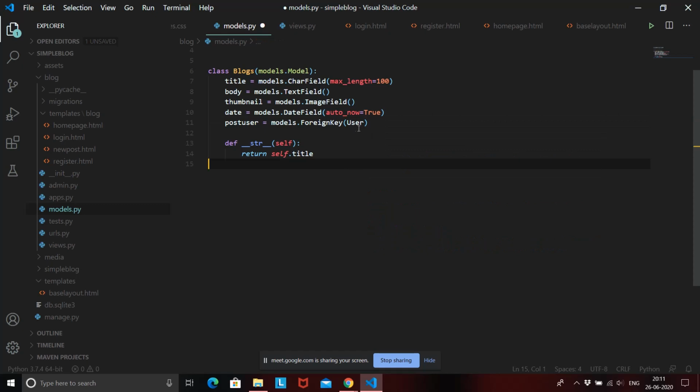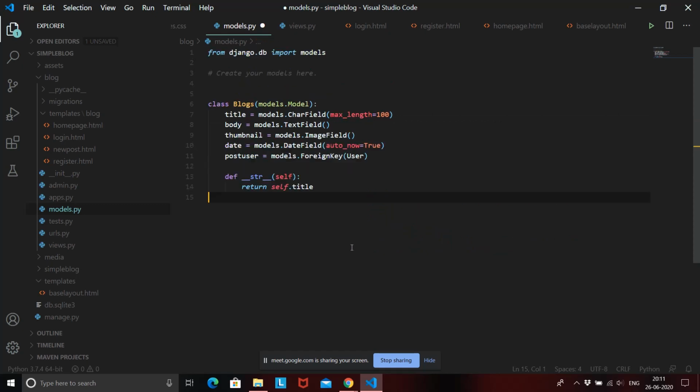Okay, and where is this User stored? It is stored in Django, so we need to import it first. So what we'll do is from django.contrib.auth.models import User. Okay, so now we have imported this User from Django, and we are telling it to connect this user to our blog through a foreign key.